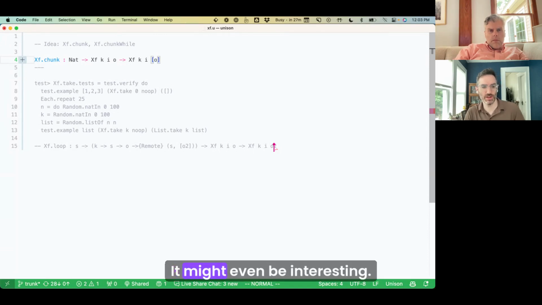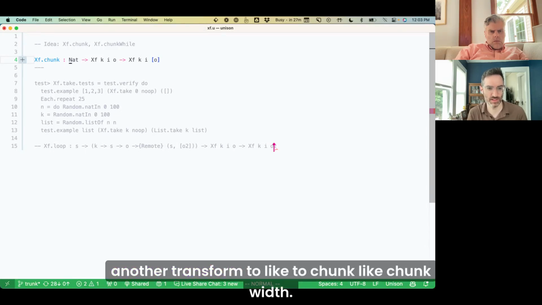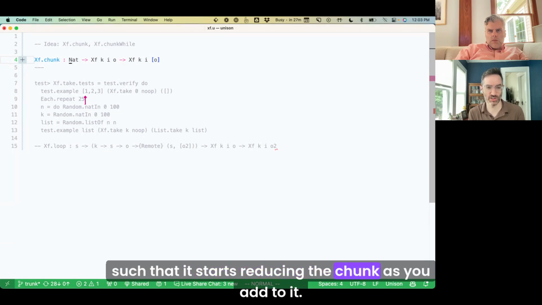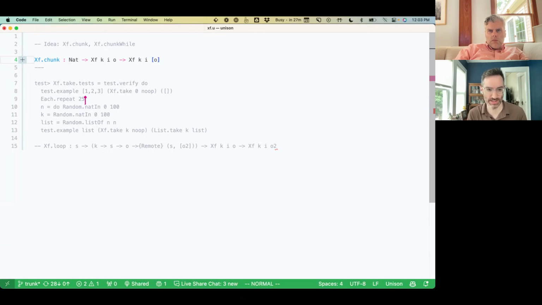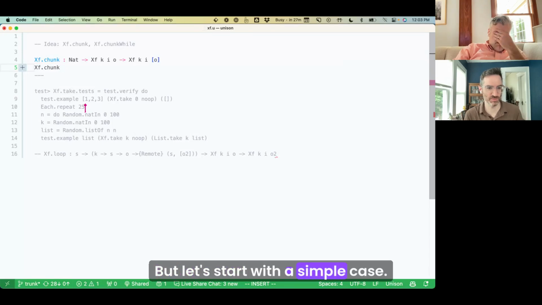Yeah. It might even be interesting. I want to play with this maybe after. I wonder if we could even pass another transform to chunk, like chunk width, such that it starts like reducing the chunk sort of as you add to it. Oh yeah. But let's start with the simple case.